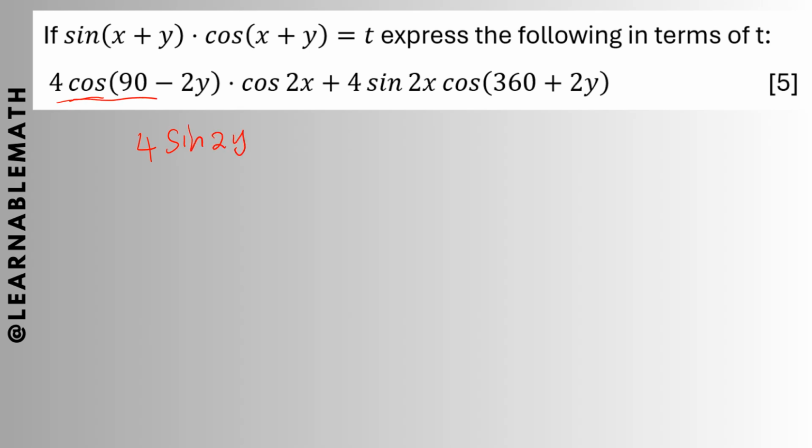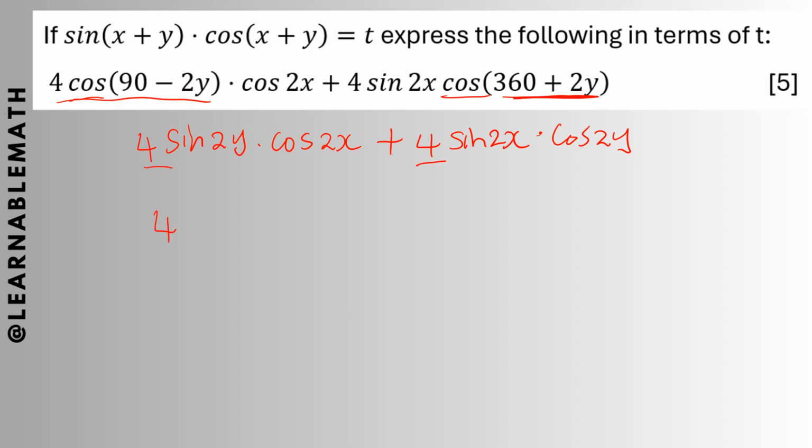Okay, when you reduce that, this is multiplied with cos 2x, then we have plus 4 sine 2x. So 360 plus an angle will be in the first quadrant as well, so our answer must be positive. So cos will be reduced into what? Into cos 2y. Okay, you can see that at this point we have a common factor of 4, right? If I remove that 4, then I'll be left with sine 2y times cos 2x plus sine 2x